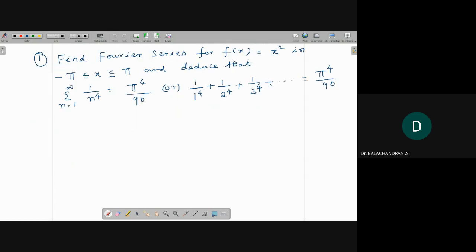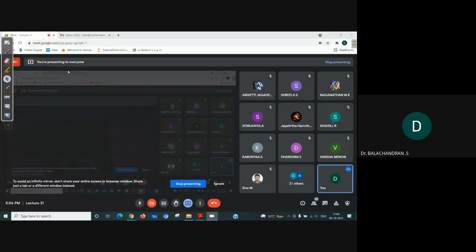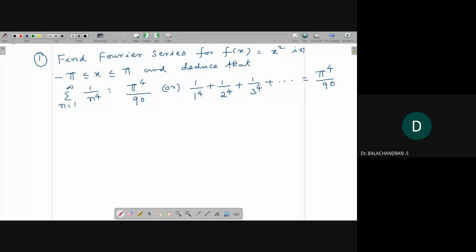Now at least we will solve one or two problems using Parseval's identity. The first problem is: find the Fourier series for f of x equal to x square in the interval minus pi to plus pi, and deduce that